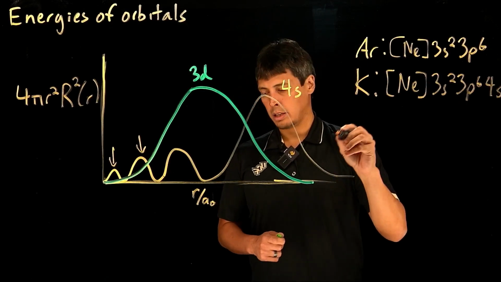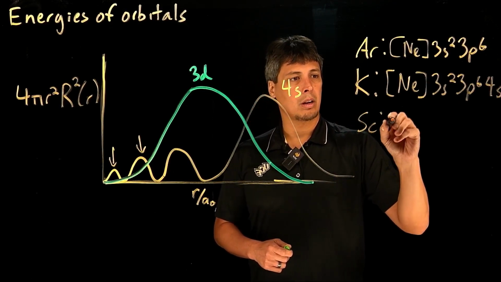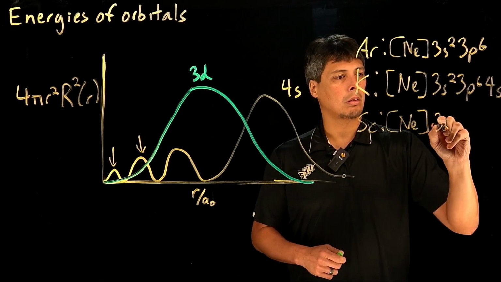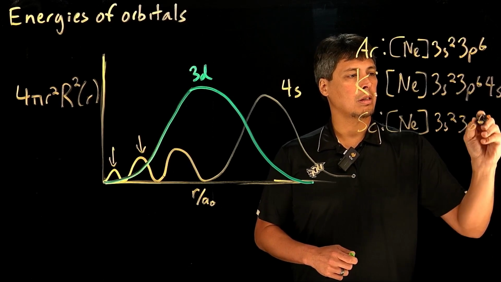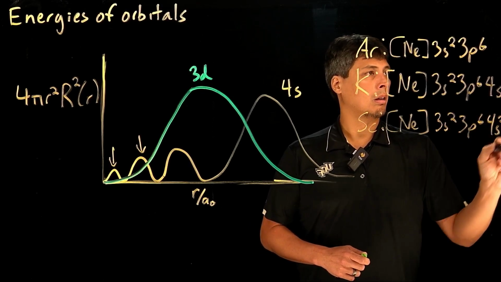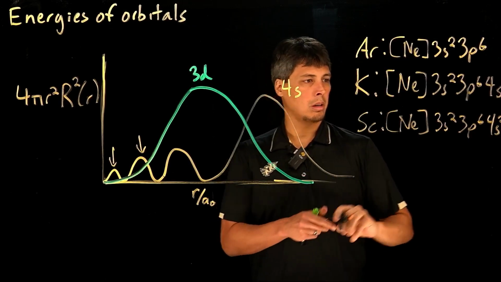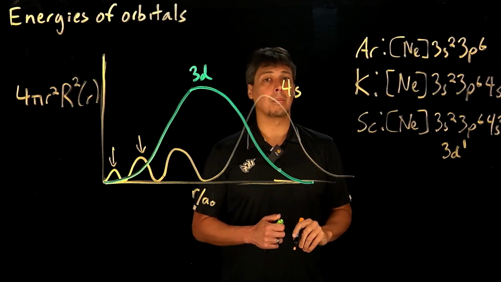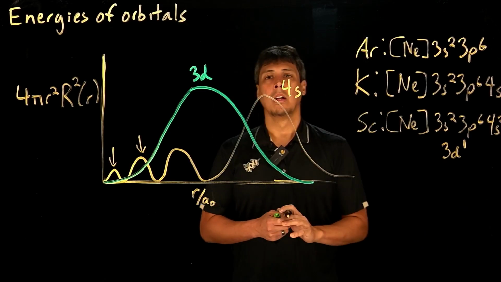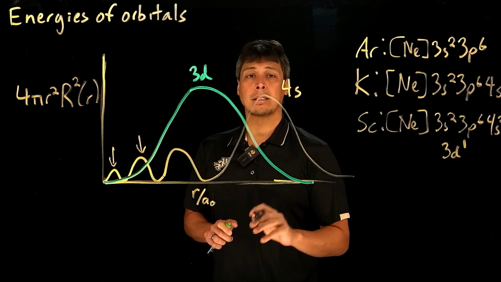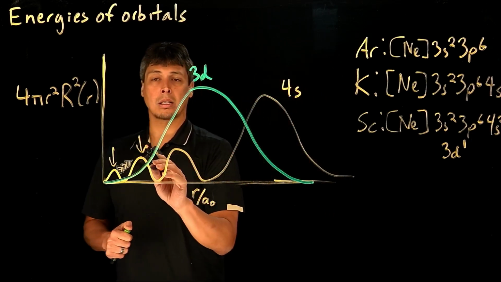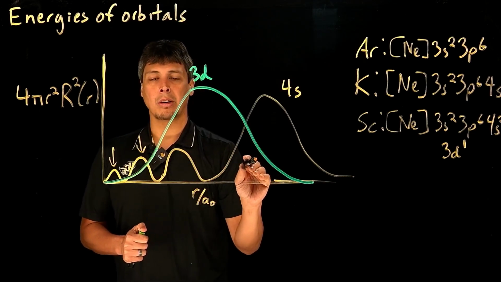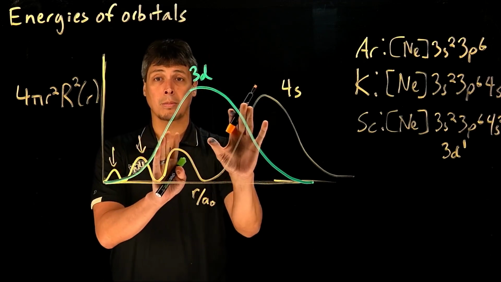And so it's not until scandium, when we've filled the 4s orbital, 4s2, I'm running on the side of the board here, so I'll put it down here, that we finally see the first electron go into the 3d shell, into the 3d orbital, excuse me. Again, the reason for that is that the 4s orbital actually has high penetrability compared to the 3d orbital, and therefore the 4s orbital shields the 3d orbital.